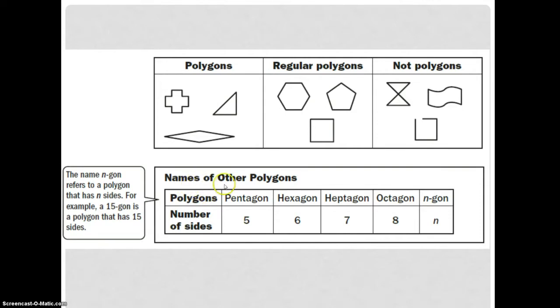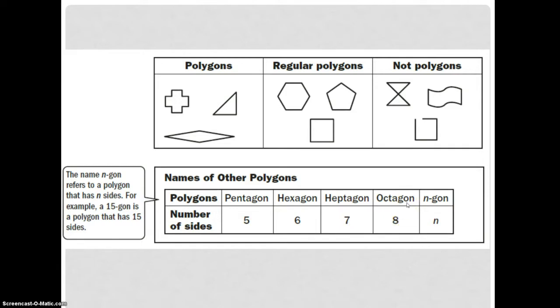Here are the names of a couple of other polygons. Five-sided is called a pentagon. Six-sided is called a hexagon. I always remember this because of the x in hexagon and the x in six. Heptagon is seven-sided. Octagon is eight. If you don't know